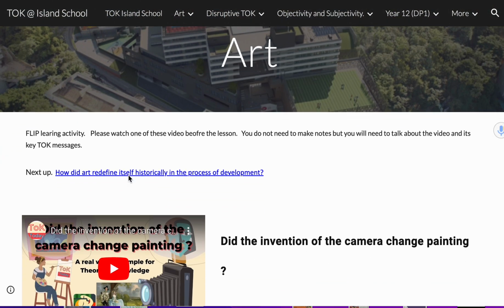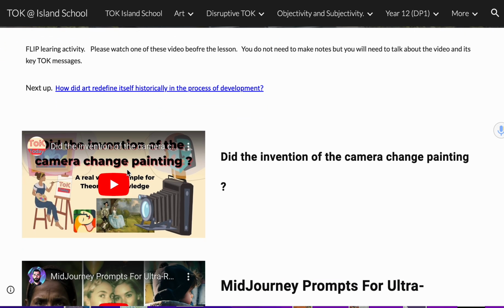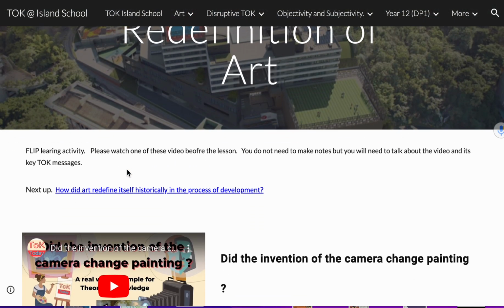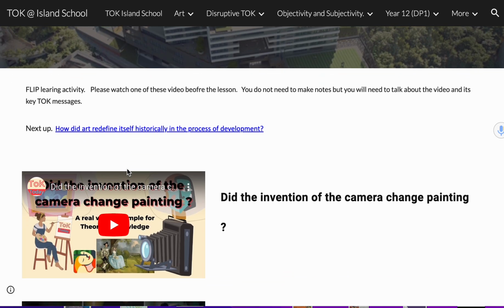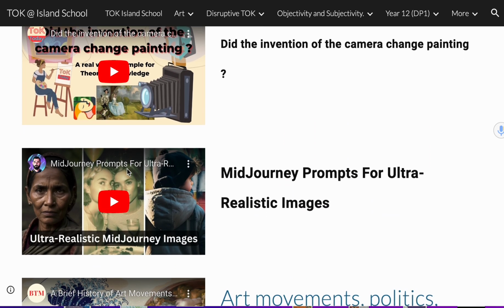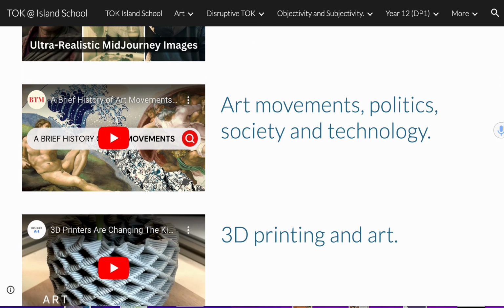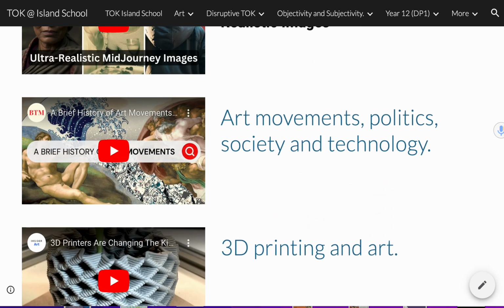So we started off with a flipped learning activity where we considered if specifically technology changes the meaning of what art is and what constitutes the knowledge of good art. And we looked at the camera, we looked at artificial intelligence. There is another video here about 3D printing, Impressionism. We're going to go on to look at the role of photocopying, and also there's a brief history of art